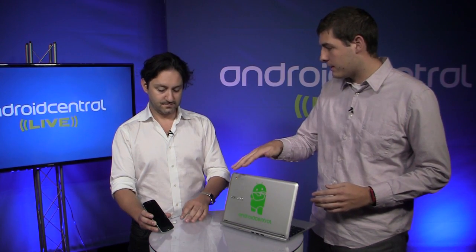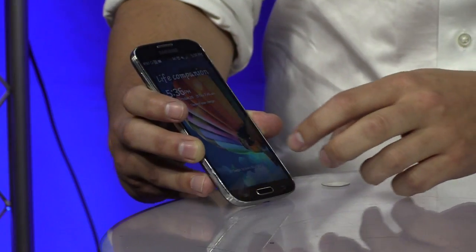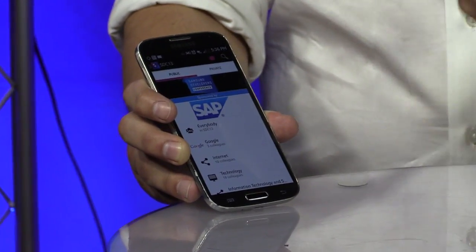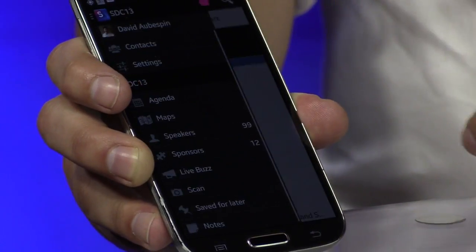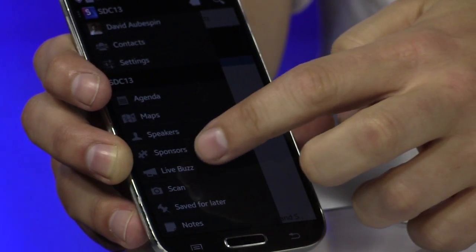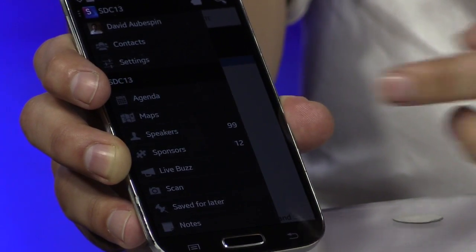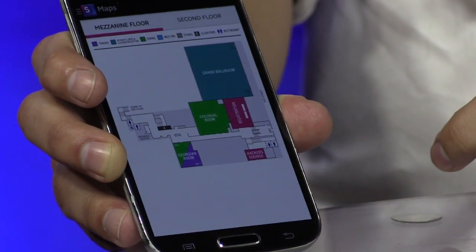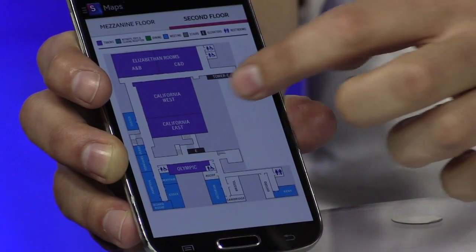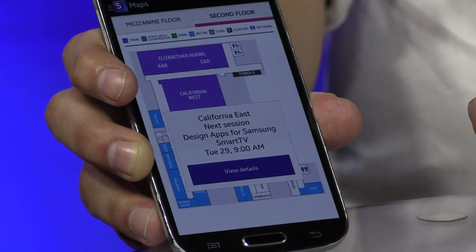But of course, at a big conference like SDC, you have a way to navigate around the conference and everything like that. So that's right inside the app as well? Yes. Let me go back to it. The main screens really focus on engagement and conversations around attendees. That's the main focus of the app. But we also don't want you to be carrying around 10-pound bags of stuff, or the little fold-out map. If you want to know what's happening, you can see a map of both floors right here, and if you want to know what's happening right now, you can just tap and see the information about the session.